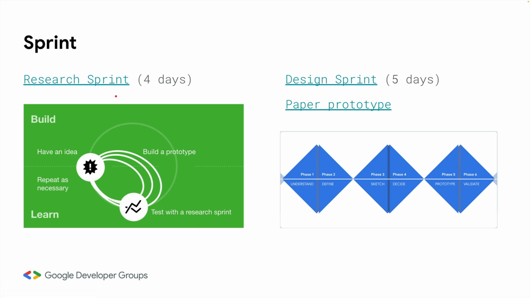Now, the Google Sprint process that they use to research what the idea of the app is called a research sprint. And what they do is they have the idea, they build some prototype, they test it out with actual people, and then they repeat until they've got the idea of what they want their app to do very clear in their mind. This looks complicated. They say it takes 4 days, but in your case, it could be as simple as drawing a picture of what you think your app looks like and what you think your app wants to do,